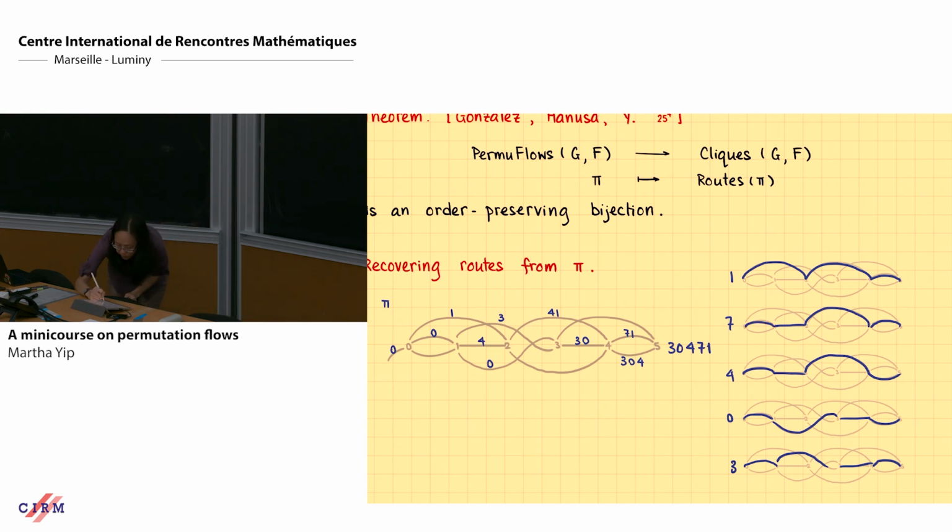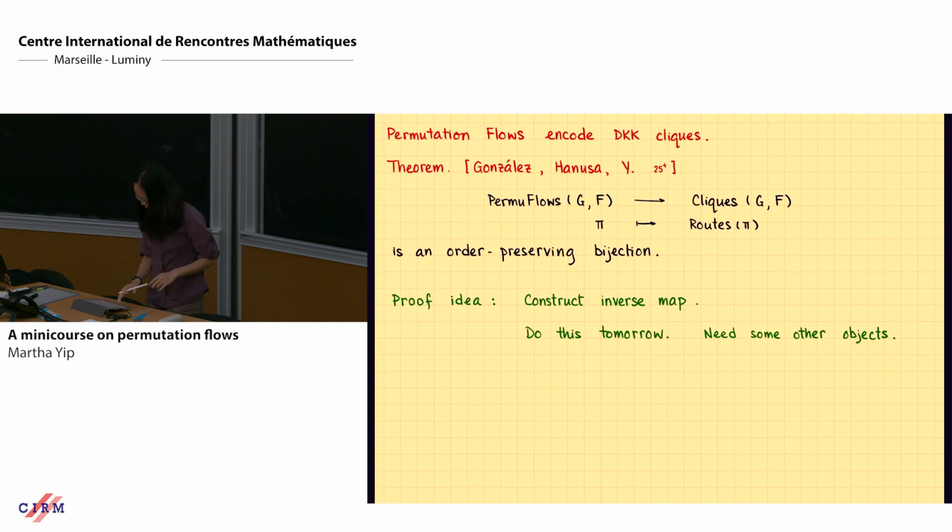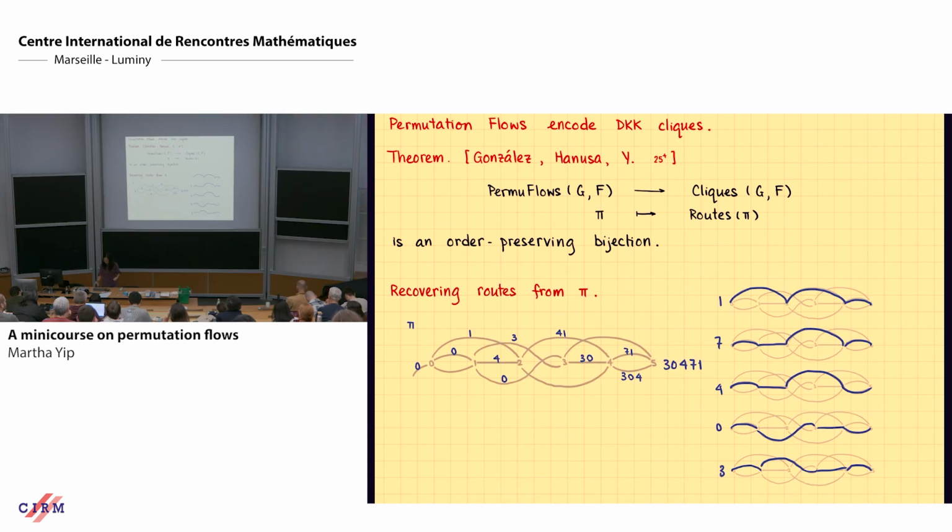And I claim that permutation flows encode coherent routes. All right, so there's a bunch of stuff to be checked. One of the things is we should be able to construct an inverse map, or check that the containment order is satisfied. We will do this tomorrow, and the easier way to do this is actually kind of a big